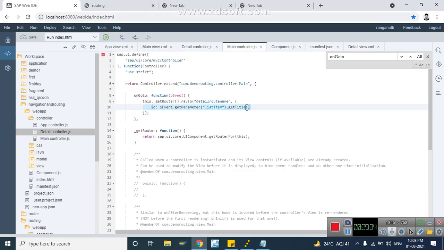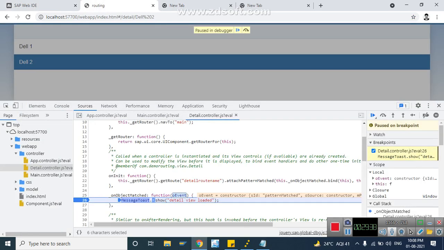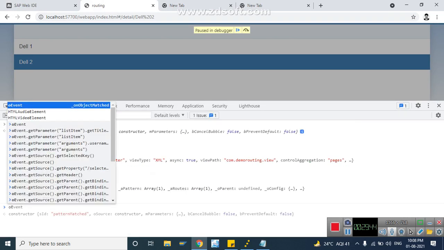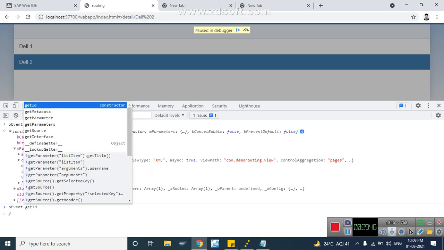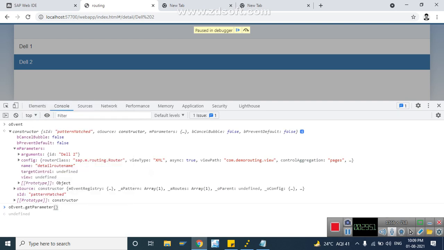So you can capture that ID value in onObjectMatched. To get those arguments, you can just say O event dot get parameter, and the parameter you want to get is arguments, and then id. This is the value you want, right?